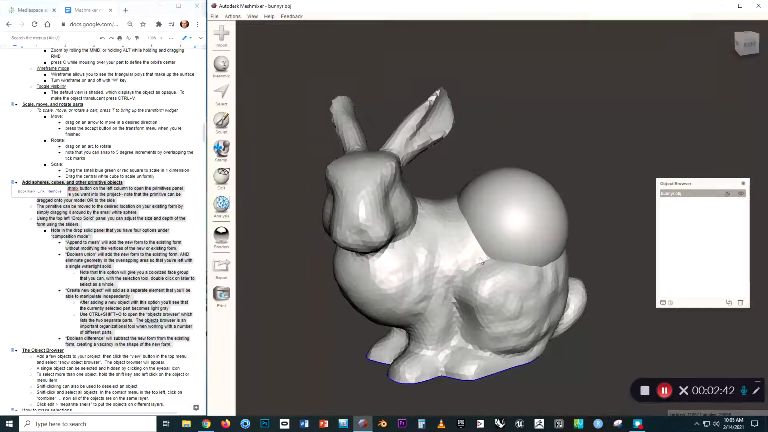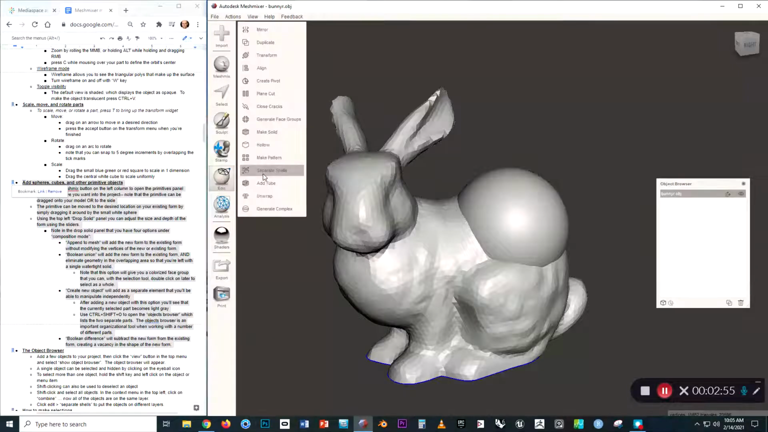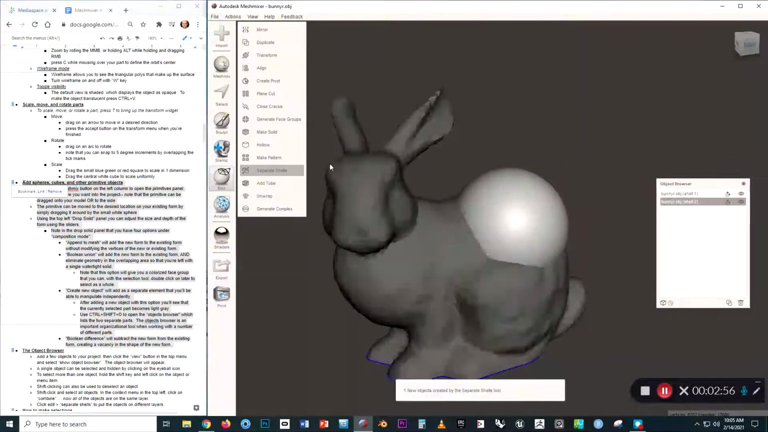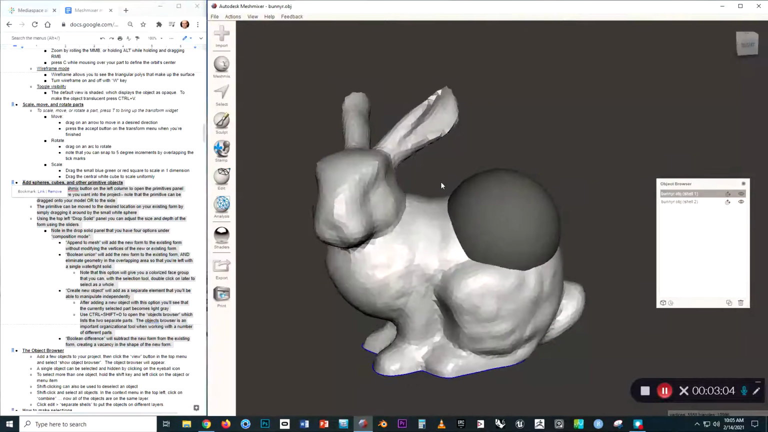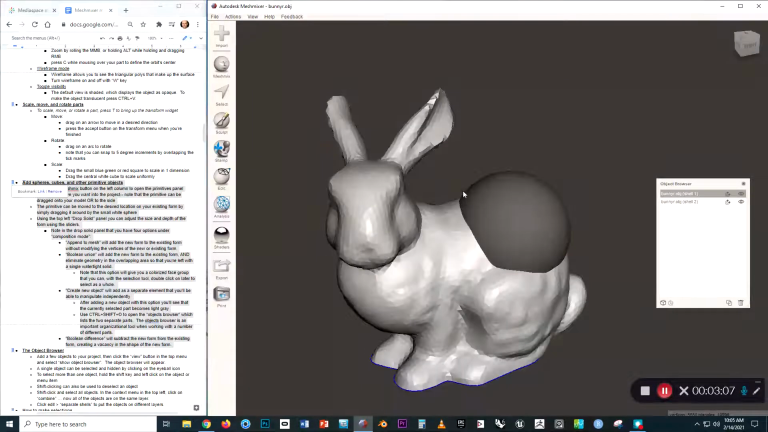So the sphere that we just brought in was appended to the mesh, so it's on the same object browser layer. But we can break that sphere off into its own separate layer by going to Edit and Separate Shells. So if we click on that, you can see in the object browser we now have the bunny separate from the sphere. And we could undo what we just did if we want by pressing Control-Z, or